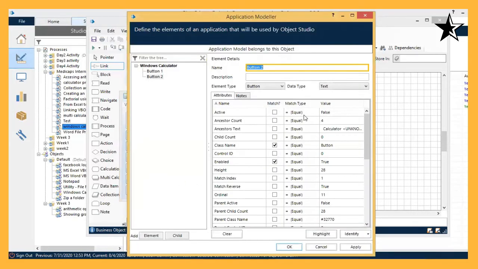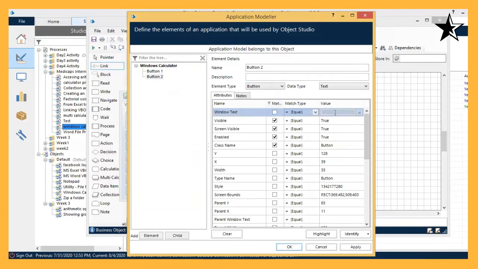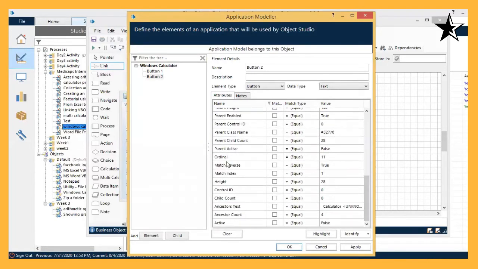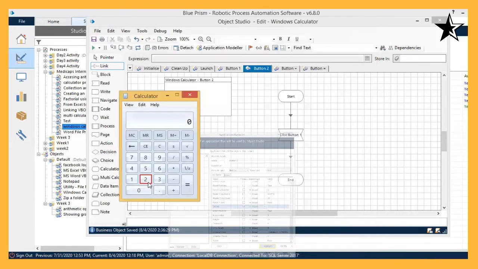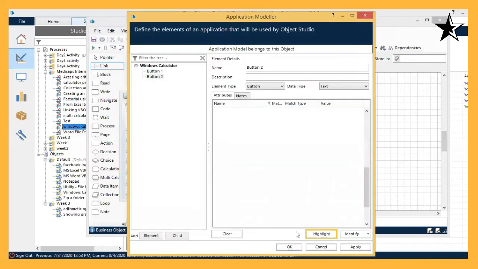The attributes have been identified. Click on match. Just uncheck Windows text because nothing is written here. Check for the ordinal number. So the ordinal number is 11. Just check it, and I highlight. Now you can see the button 2 is highlighted. So I just click on apply, and it is done.